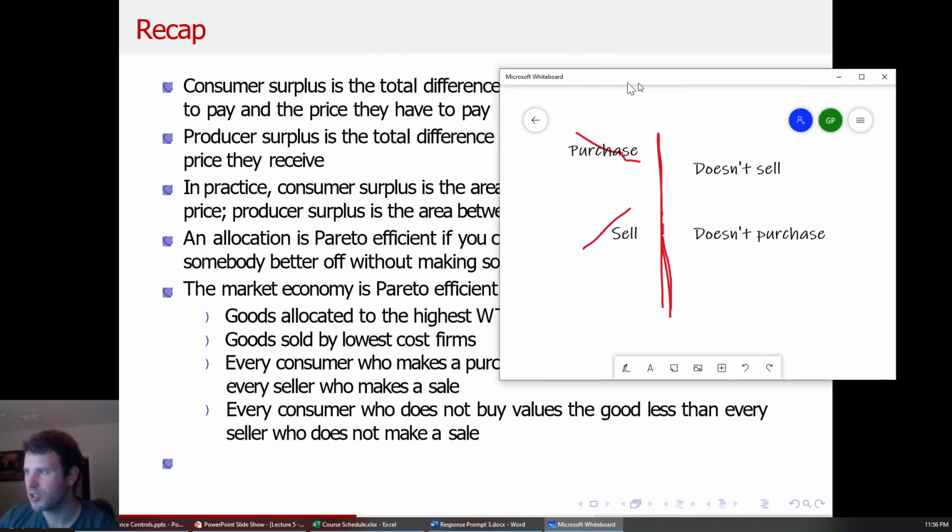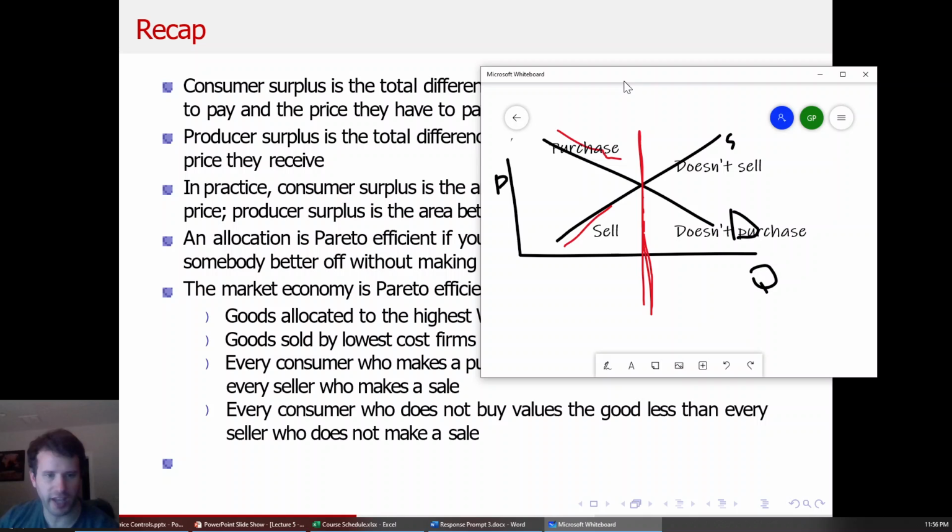So it's productively efficient, it's allocatively efficient in the sense that the purchasers value the good more than the non-purchasers, and the non-purchasers value the good less than the purchasers. I think I said them all. Productively efficient in the sense that the sellers who sell have a lower cost than the non-sellers. And then it's Pareto efficient in the sense of if I were to sell to someone who isn't